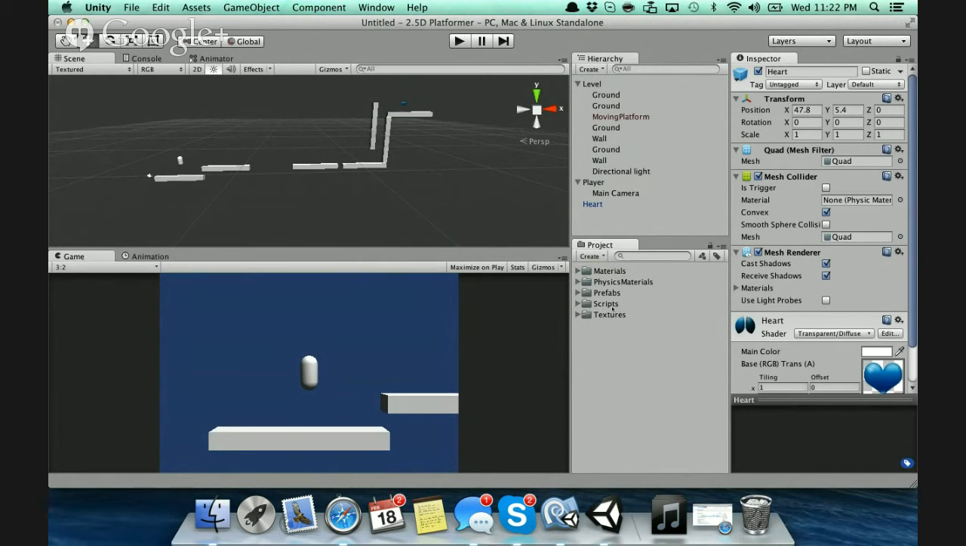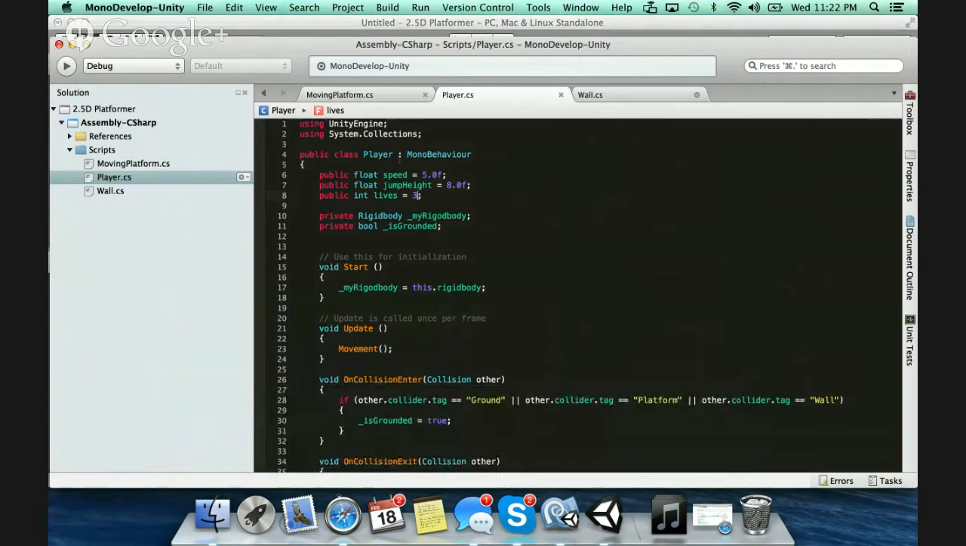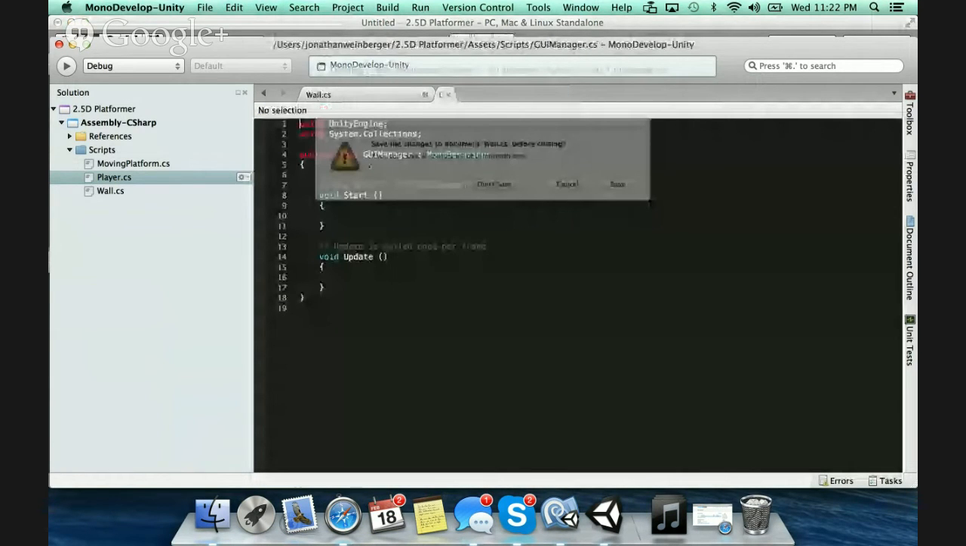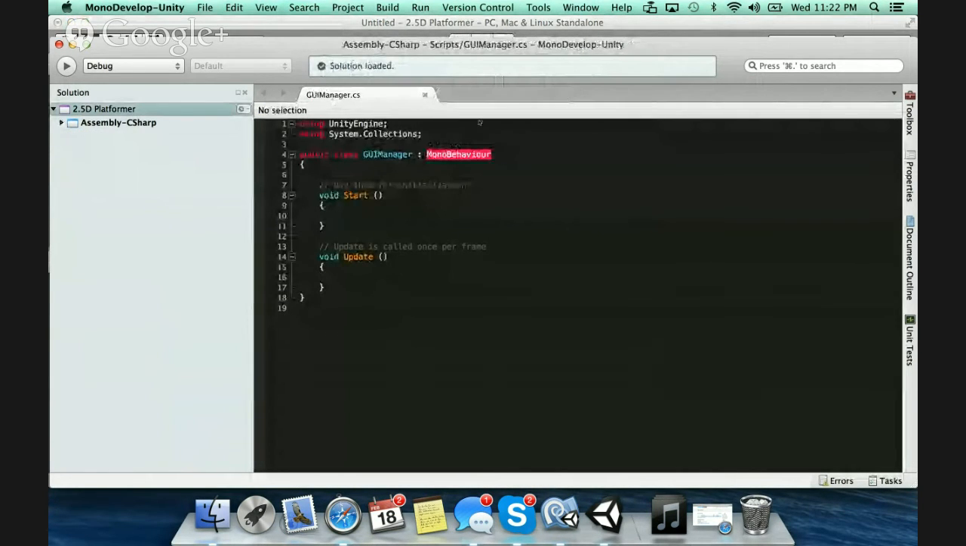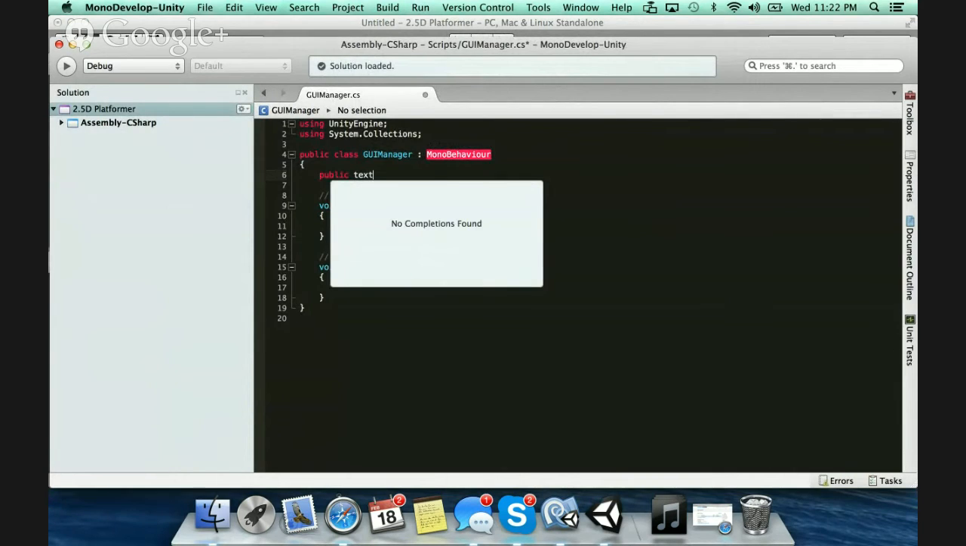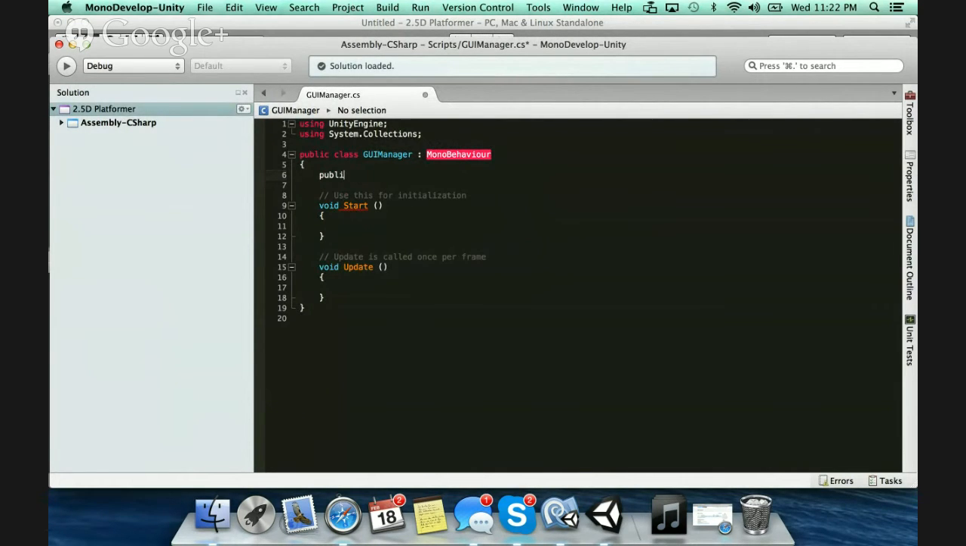So right in the script, I have 3 hearts, but it needs to actually visualize that. So what I'm going to do here in my GUI manager is I need to know what image to display for how many hearts I have. So I'm going to go ahead and say public texture, and then, oops,